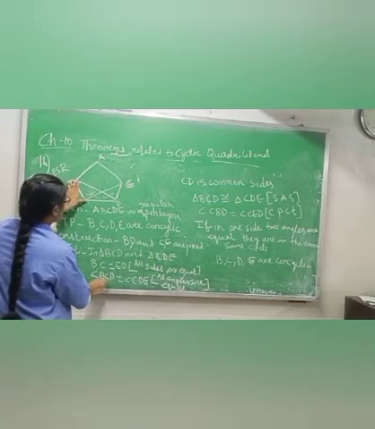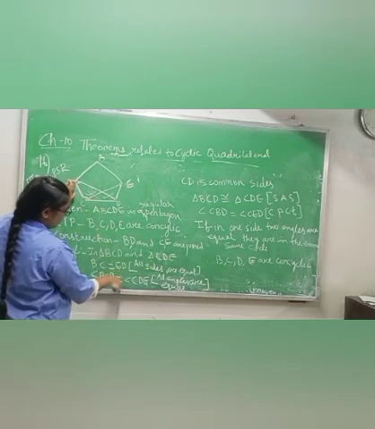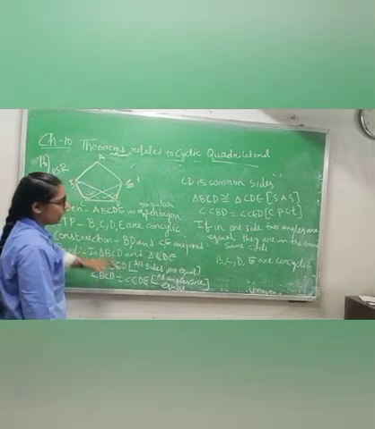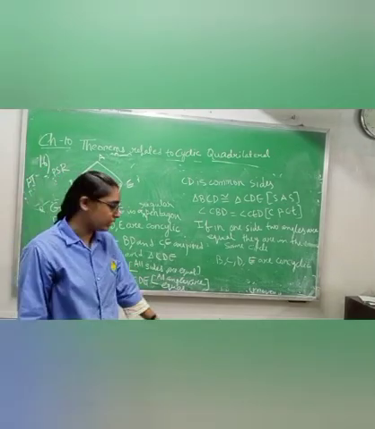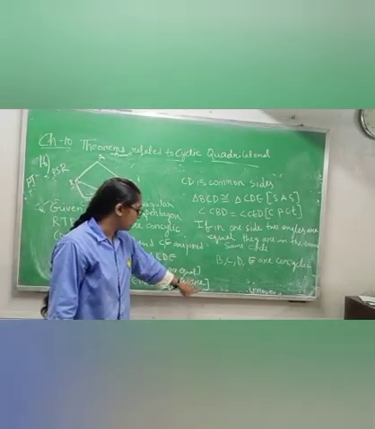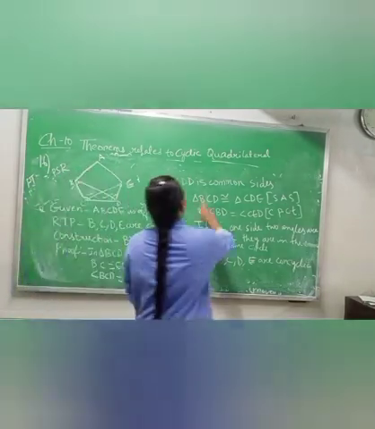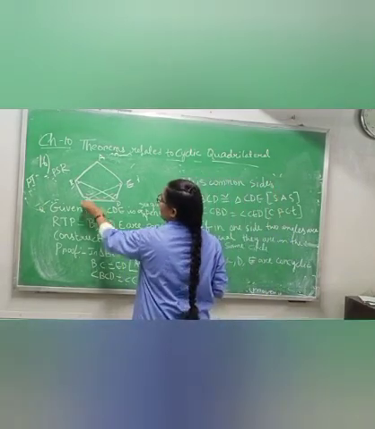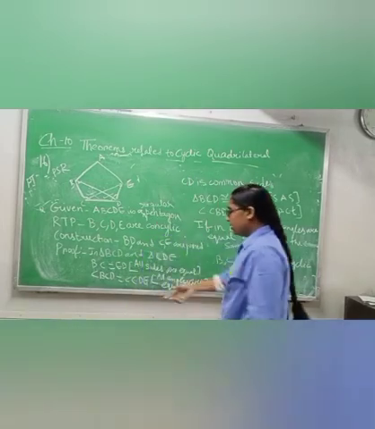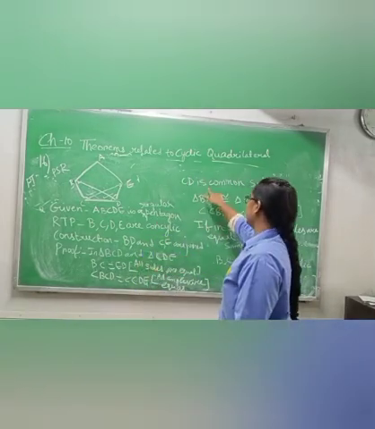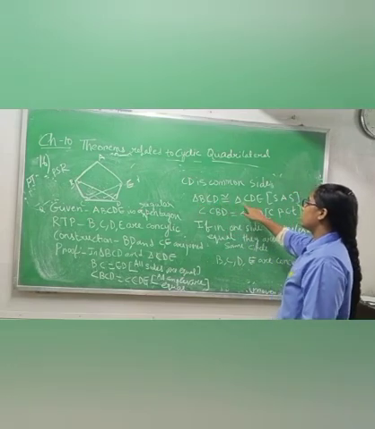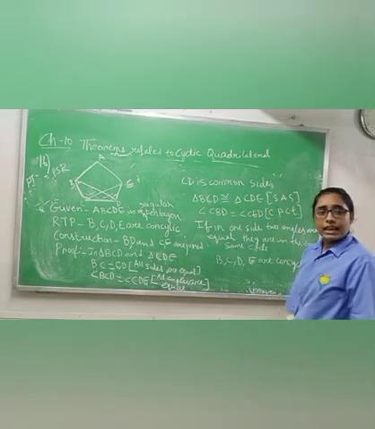Same, angle BCD equals angle CDE. These 2 angles are also equal. Why? Because all angles are equal in a pentagon. That is why we wrote all angles are equal in a pentagon. CD is a common side. One side is common. Which one? CD. Okay. So you have proved one side, one angle, again one side. So you can say that therefore triangle BCD is congruent to triangle CDE, side angle side property.